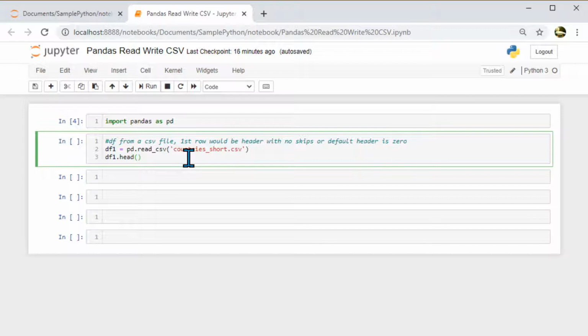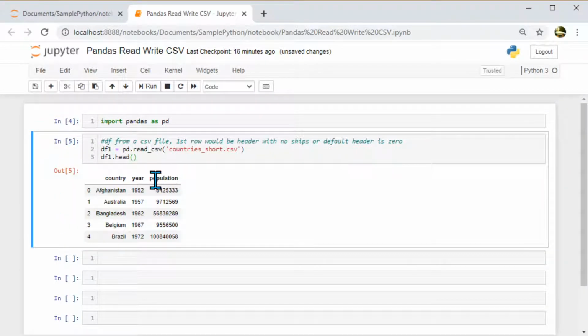When I execute this, and then I have a command dataframe1.head, that will display the top 5 rows. When I read the CSV here, I save that into a data frame object 1, and this data frame object has all the rows, but for convenience I am displaying only the top 5 rows, and they get displayed here.